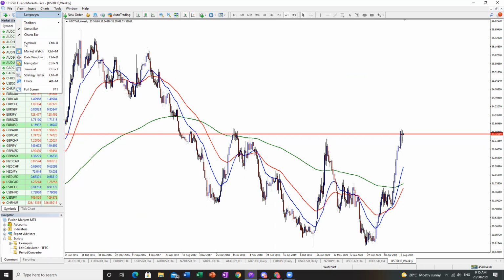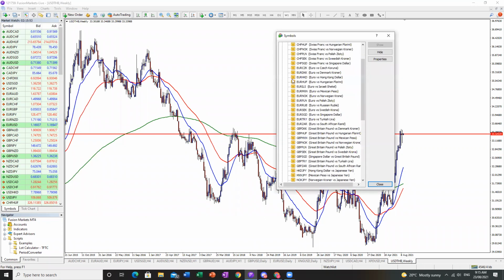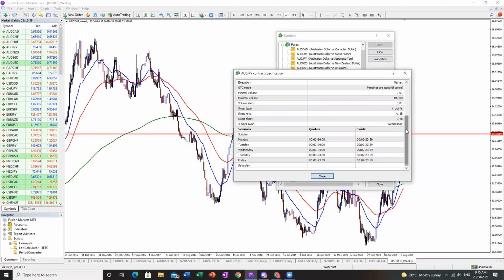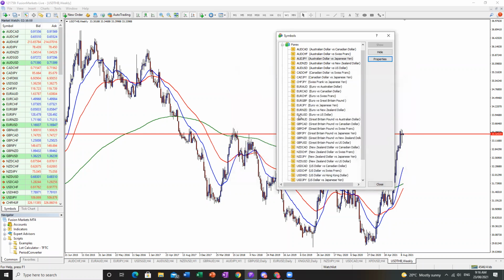Swaps: you go up to View, go to Symbol, pick the currency pair. So let's just say Aussie yen, click Properties, and then you can see the swap rate here. So that one's dollars long and short, just negative 1.18, just next to nothing. When you get large swaps,